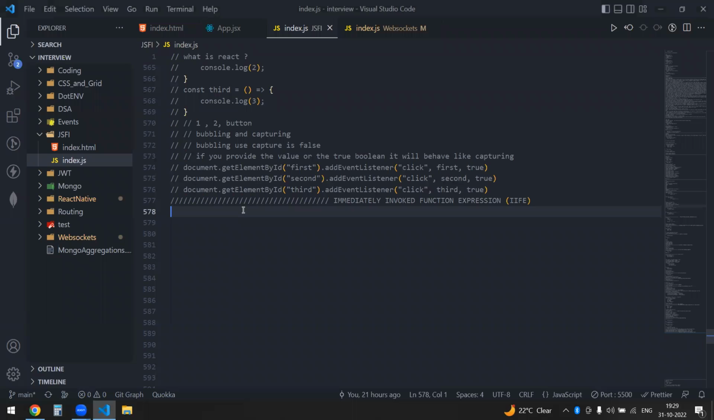So, hey, in this part of the video, we'll be looking into IIFE. IIFE basically stands for the immediately invoked function expression. It is actually used. So, for example, there is a use case like, let's say,